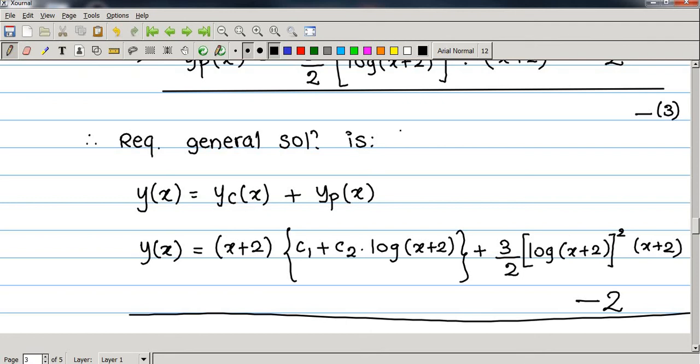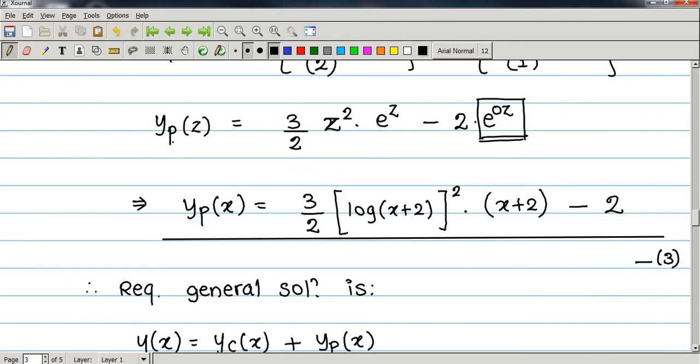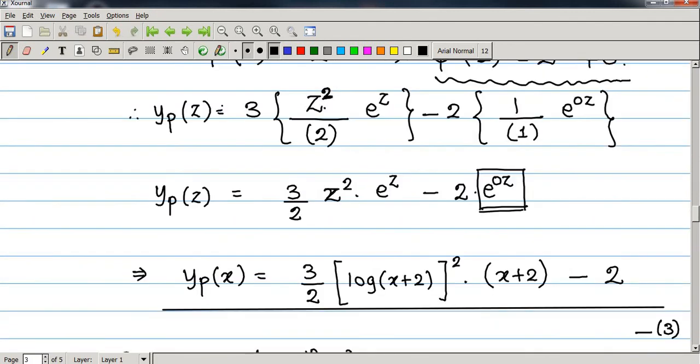While solving these examples in the question paper at the time of the university exam, you have to take care of this thing. Please avoid the mistake that I made while solving the particular integral using the shortcut method formula. Our independent variable is z, so whenever we are applying the shortcut method formula, whether it is a case of failure or not, we have to take care of the variable z every time. And after applying that shortcut method formula, in the end we convert that z in terms of x again, so that we get the required general solution.